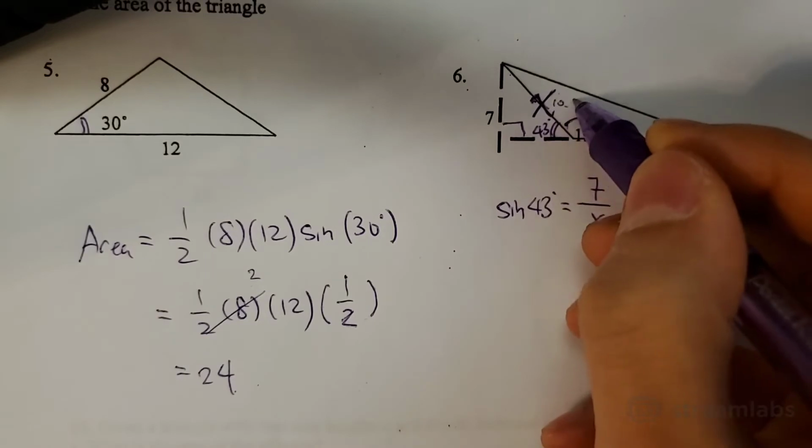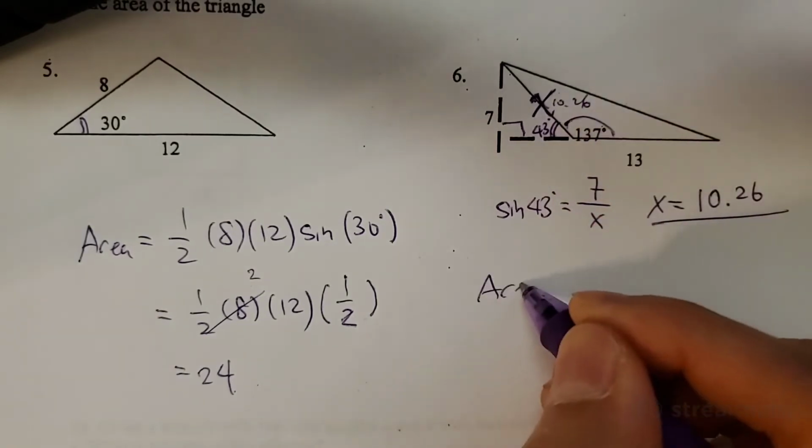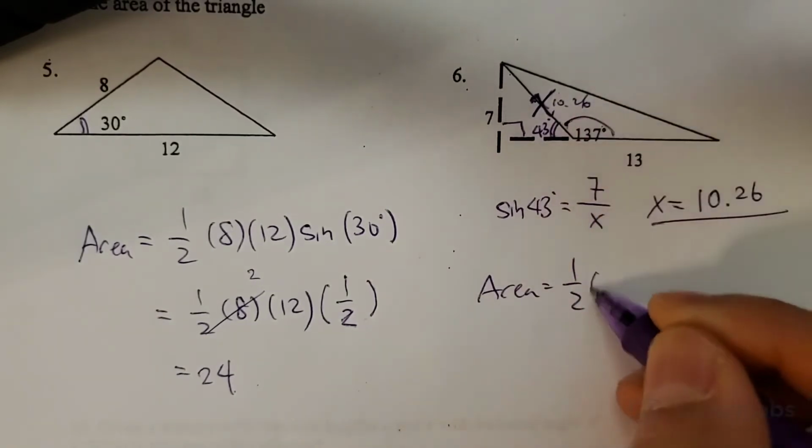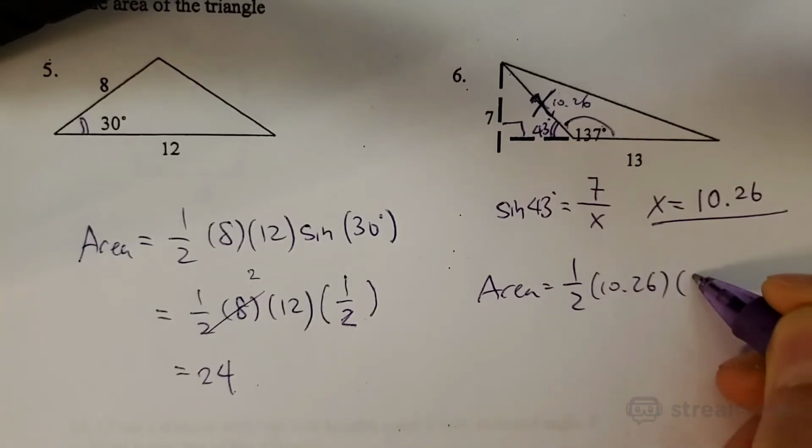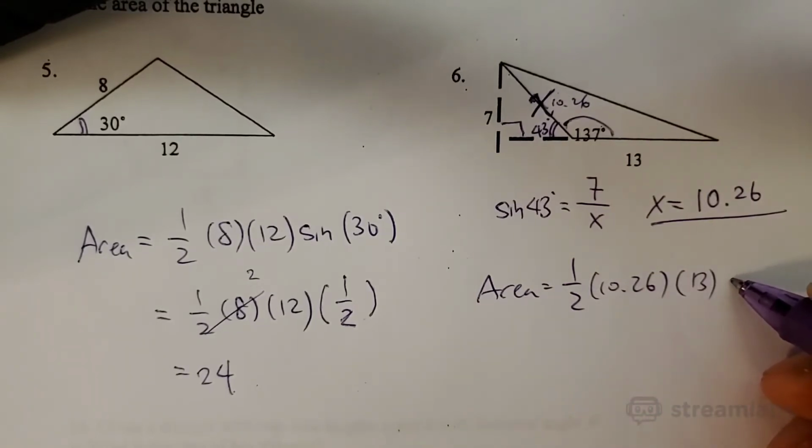Now you get 10.26, then you can use area equals 1/2 times 10.26 times 13 times sine of 137, which will give you